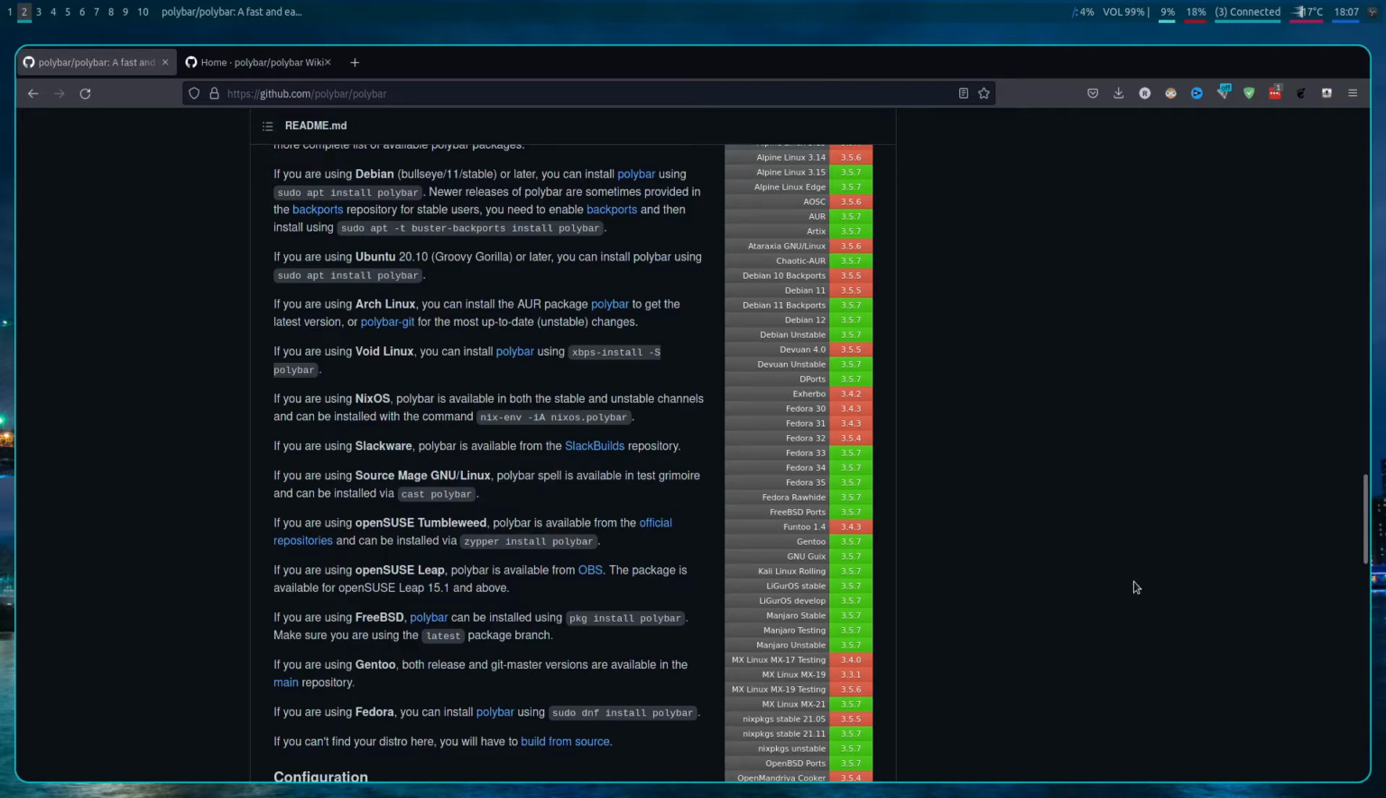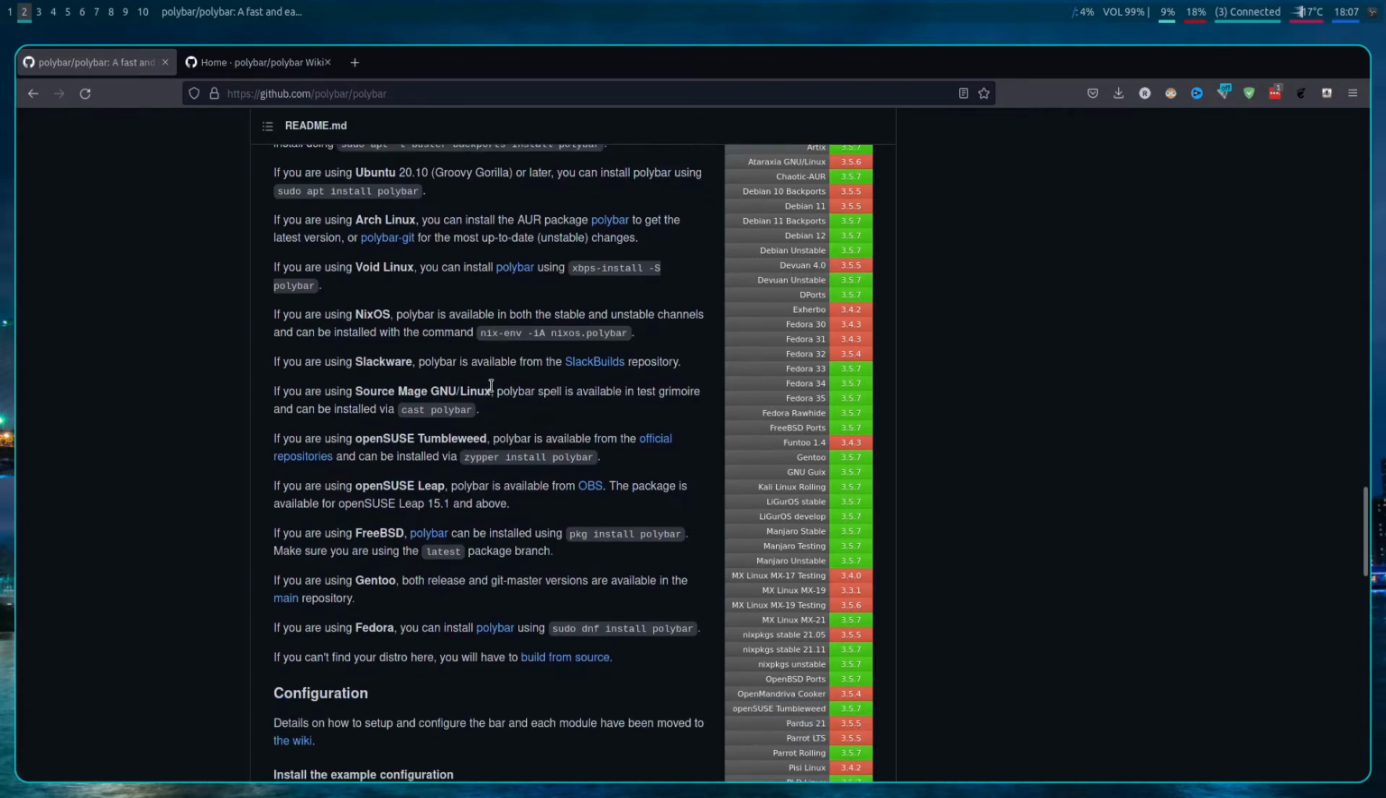Next, you use AUR and -git for the most up-to-date changes. Like completely updated, yeah, that includes it possibly breaking. Slackware is from the SlackBuilds repository. Who uses Slackware? Not to bully people who use Slackware, but I haven't heard of anyone using Slackware in a while. If you're using openSUSE Tumbleweed,